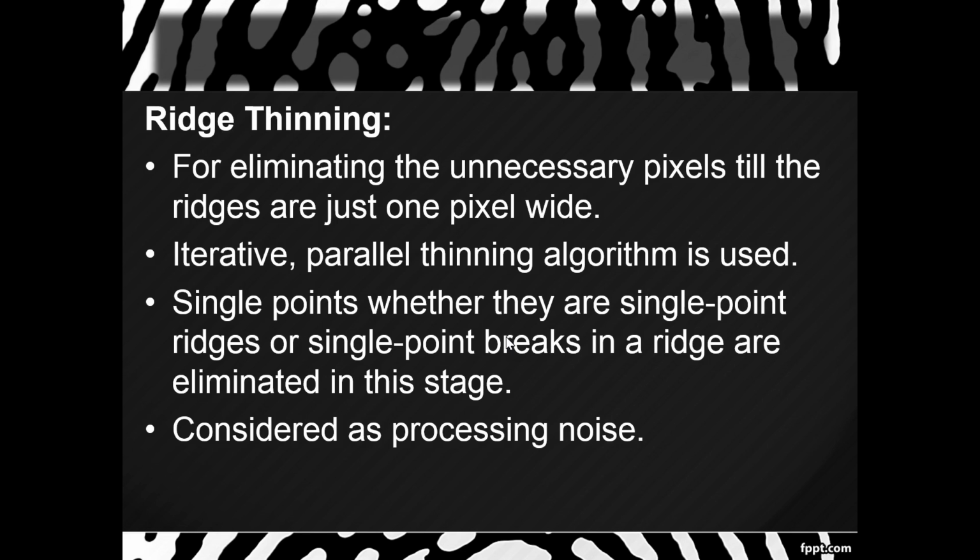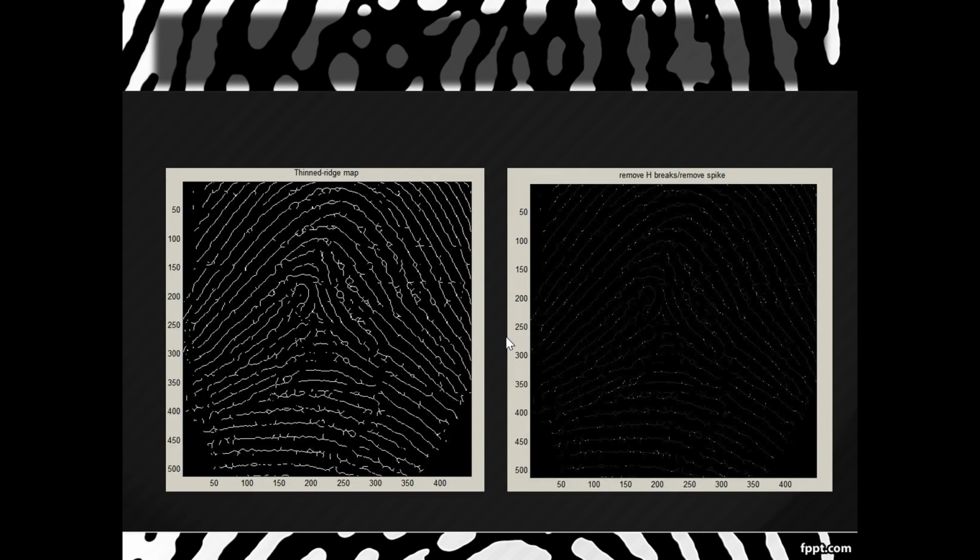Ridge thinning is used for removing noise. So this is how it looks after the ridge thinning process is done. This is a thin ridge map, which has all the unnecessary noise information embedded into it, whereas the second one is the image which is more abstract, more uniform, which is basically the image obtained after the removal of the breaks and spikes after the ridge thinning process, which is more clear than the